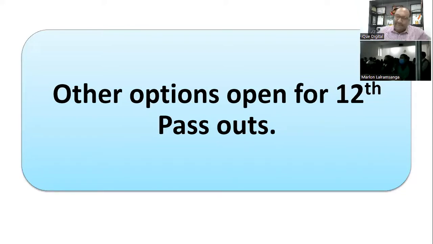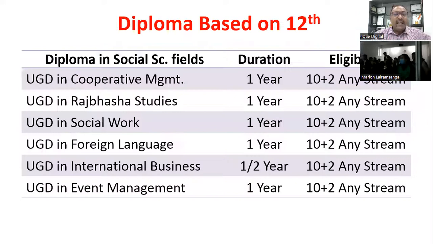Now, what if a candidate is not that much interested in carrying on with a mainstream academic course? Do we have some other options? Answer is yes. You can go for a diploma after 12th based on your 12th marks in the social sciences field, where